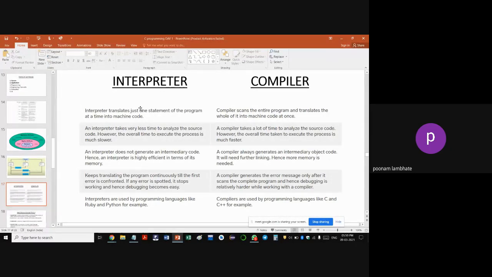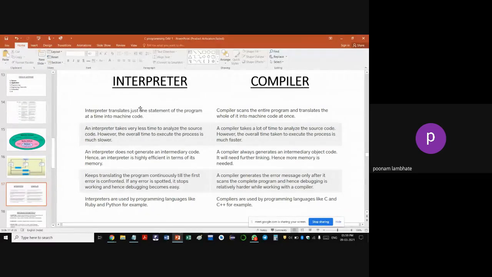So getting back to the topic, the interpreter will translate line by line. Suppose you have written your program code and at the fifth line you have an error. From the first to the fourth line, everything is okay. There is no error. So the first line will be interpreted, it's fine. The second line will be interpreted. The third will be interpreted. The fourth will be interpreted.